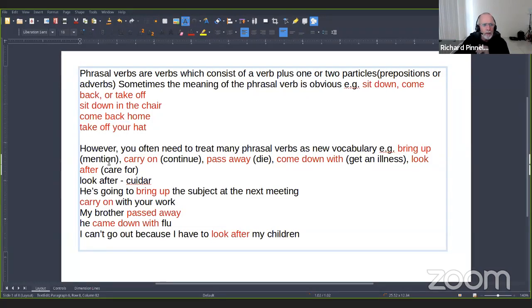Bring up, which means mention. Carry on, which means continue. Pass away, which means die. Come down with means to get an illness. An illness is a disease and a sickness. And look after, that means care for. So these phrasal verbs are more difficult because basically,